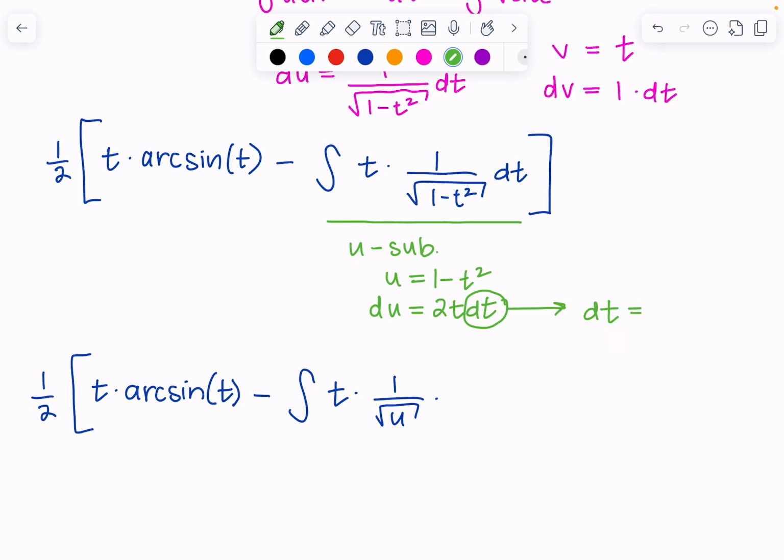So I'm going to divide by that 2t, so that would give me du over 2t. And I said an equation for du, I meant dt. Okay, so I'm going to substitute du over 2t